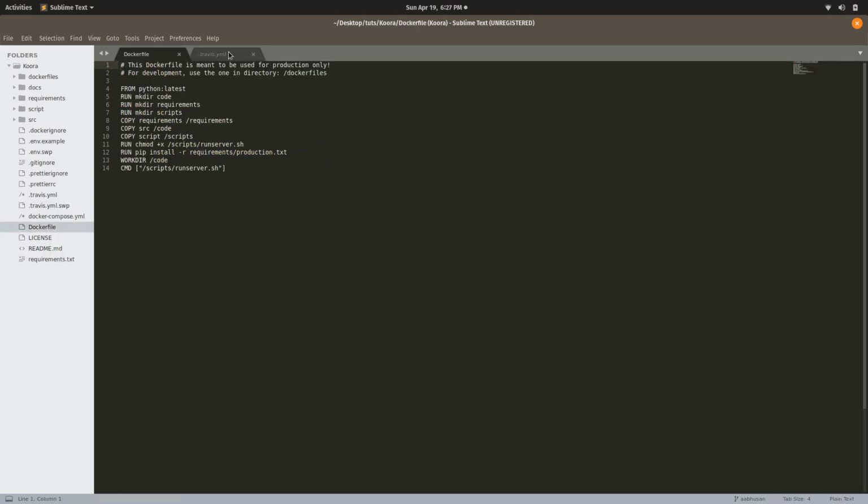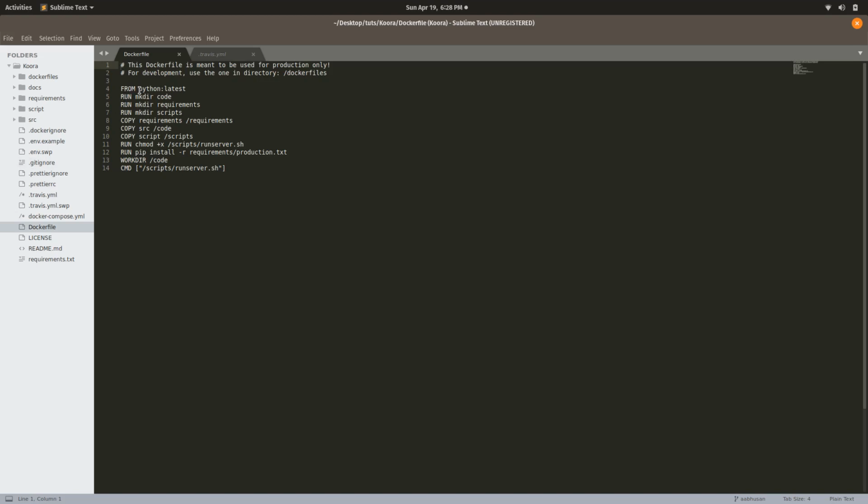So we are dockerizing our Python application, and we are using Travis CI for implementing continuous integration and continuous deployment. For dockerizing the Python application, write a Docker file. This is a Docker file.